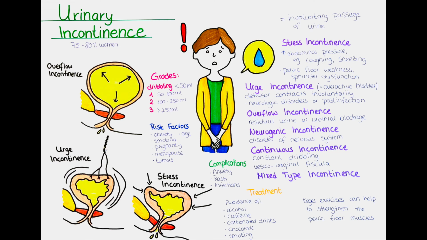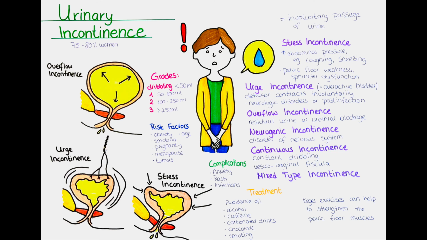Another risk factor is tumors in the urinary tract and kidney stones. Also, they both become more frequent with increasing age. Both tumors and kidney stones can obstruct the urethra or block parts of the bladder, which can lead to overflow incontinence.